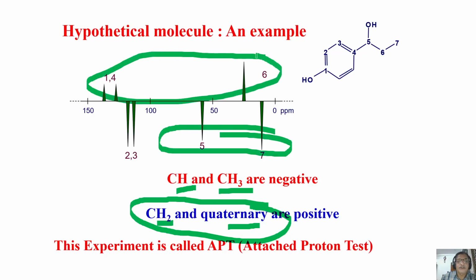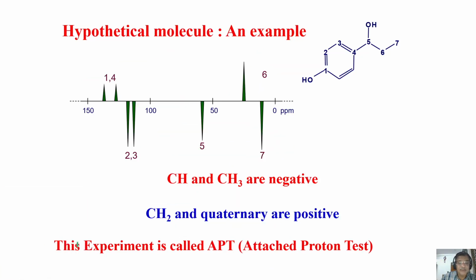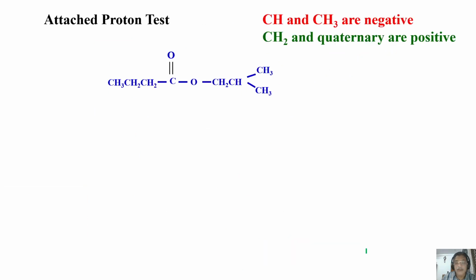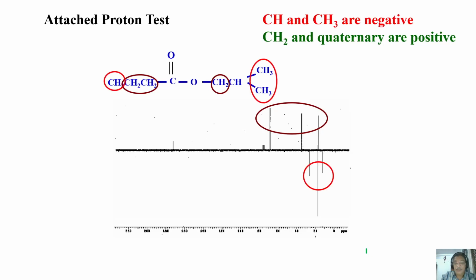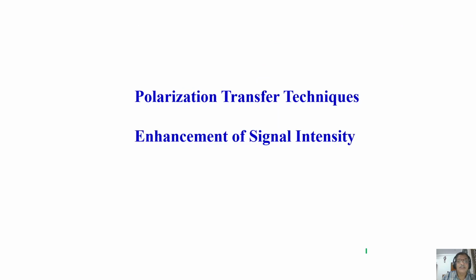The number of protons attached to carbon distinguishes the carbon, and this is called attached proton test. But there is one defect in this case. It identifies this, but it does not distinguish CH and CH3. It distinguishes only an odd number of protons attached to carbon from an even number of protons attached to carbon, but does not distinguish whether it is CH and CH3 or quaternary and CH2. So that problem is always there, and we have to overcome it. Okay, this is a disadvantage. Now we'll go further, and try to understand more about how we do it.